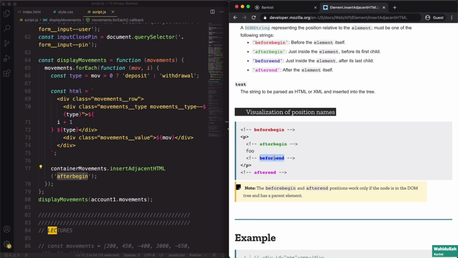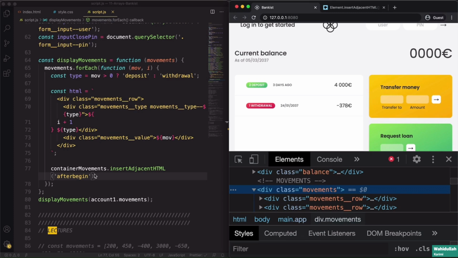Then we have beforeend, which is at the end of the element, as the name says. And then we can even put it outside of the parent element, outside of the container movements. And sometimes this is useful as well. But usually I always use afterbegin or beforeend. And once we see the result, I will explain a bit better why it is afterbegin and not beforeend. But anyway, let's go back here,